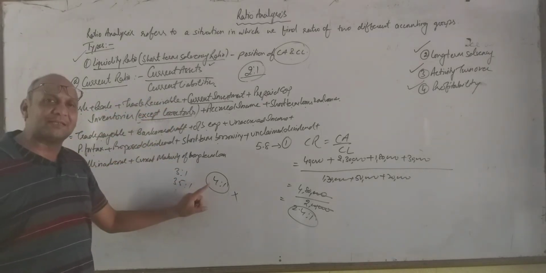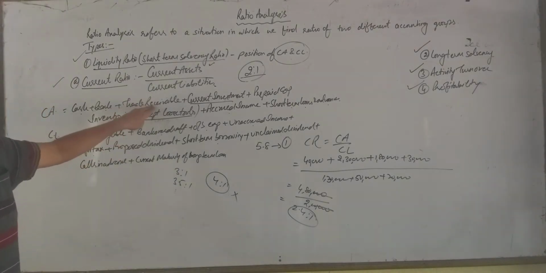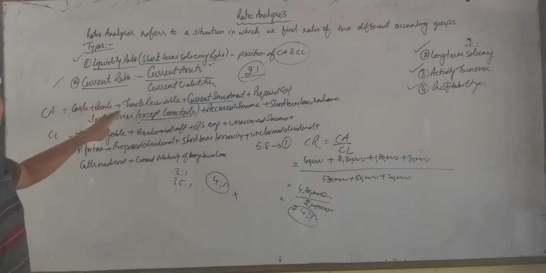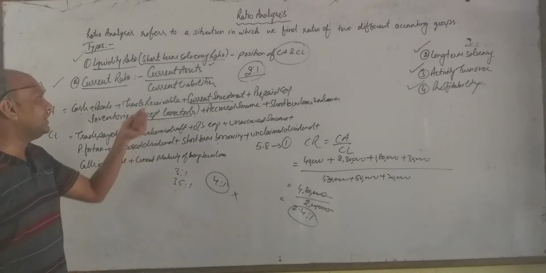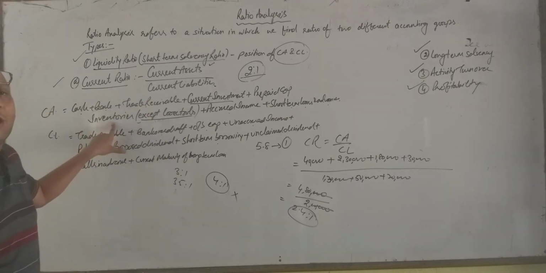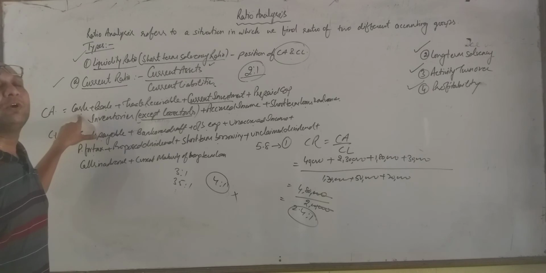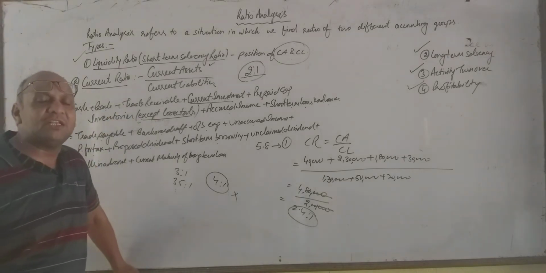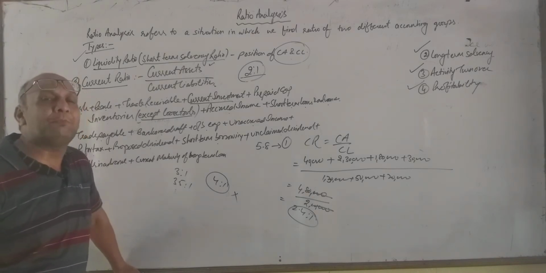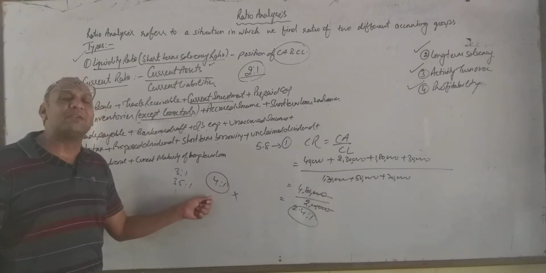If we have 4 rupees of current assets, it means either our inventory is lying more, or our trade receivables are lying more, or cash or bank. None of these items in excess is good for the company. If inventory is more, the price may go down in the future, or it may be spoiled by rats or moisture. If cash is more, what is the use? Cash will not give anything to us. If trade receivables, that is debtors and BR, are more, chances of bad debts will be more. That's why beyond a limit, more current assets are always harmful.